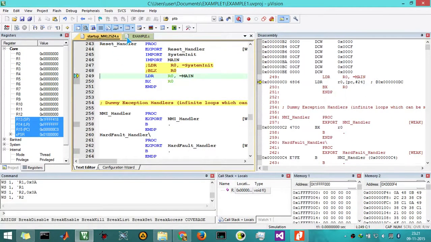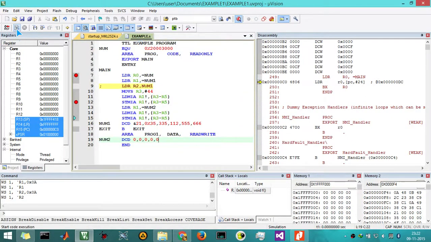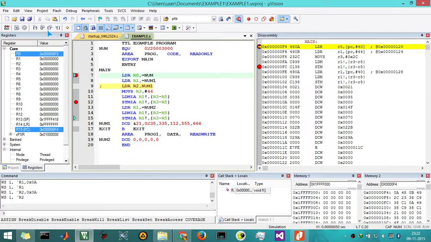Again, I am going to run this program so that it stops at this breakpoint. As usual, R0 is loaded with 0x3000, and R1 is loaded with the location 104.